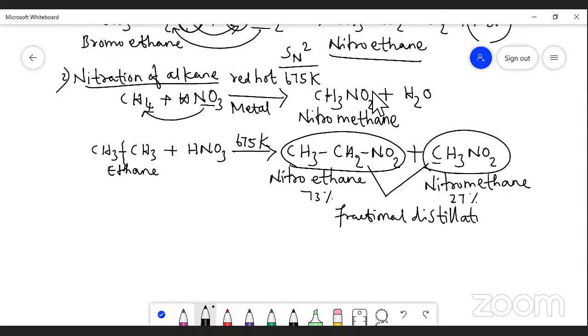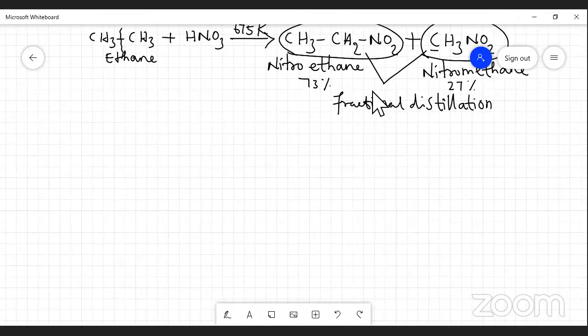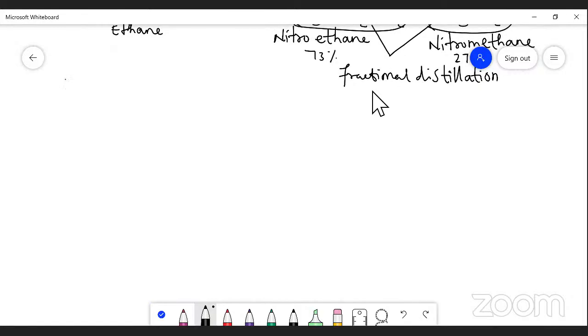Okay, this is the second method of preparation of nitro compounds. The second method is nitration of alkane. And next, third, we are going to see